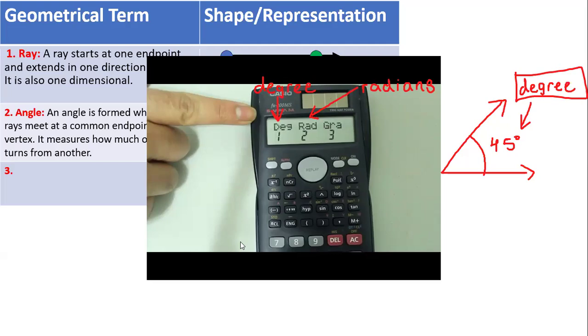Radians is another way we can measure angles. If you want to switch from degrees to radians, or from radians to degrees, you can do that. Now, at your level, you will never need to use radians for now. When you get to college or university, and you do Math 168 at University of Bahamas, that'll be your first introduction to radians. Or if you do the SAT or AP, advanced placement, then you will be introduced to radians.